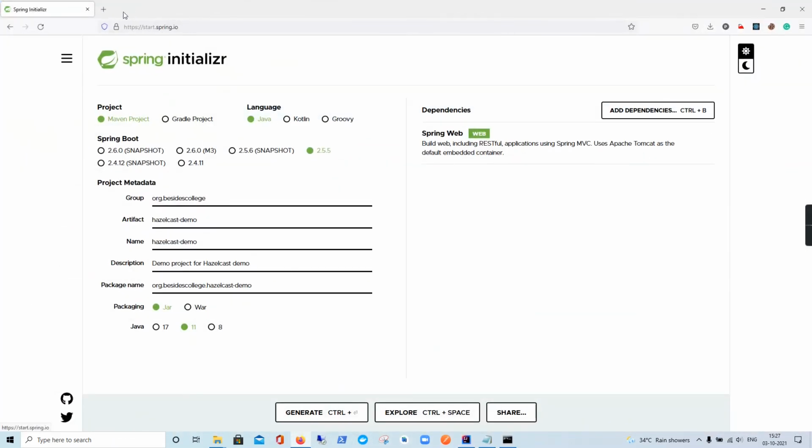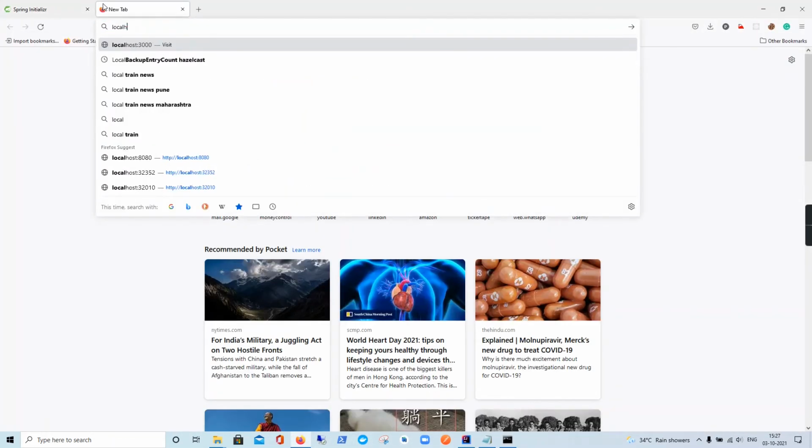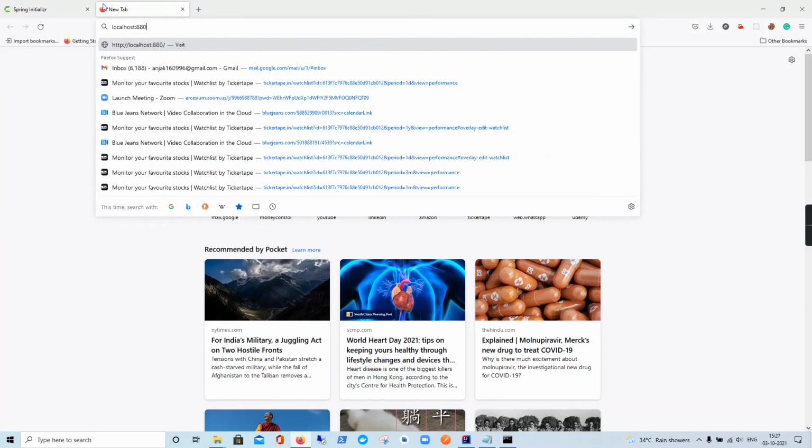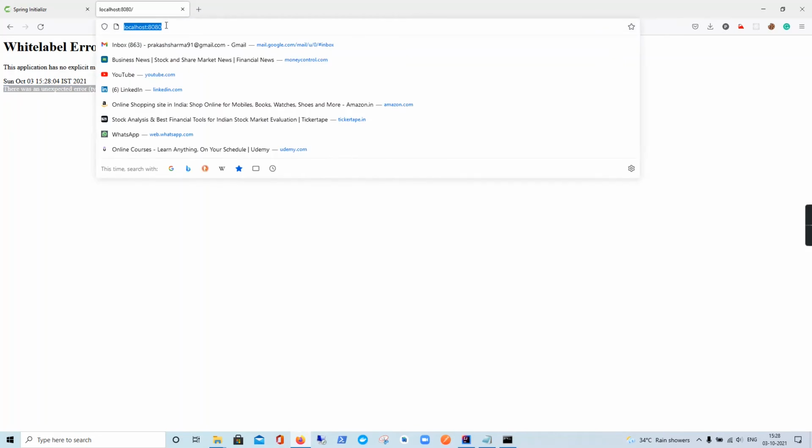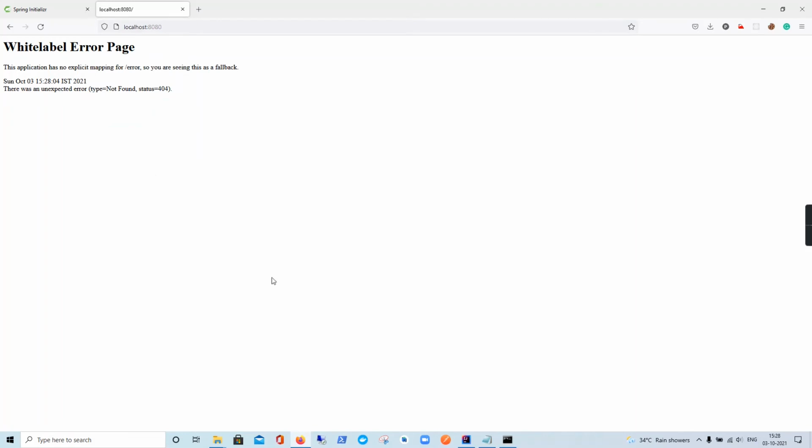Let's see what happens when we ping localhost 8080. Somehow the 0 was not working, but right now if you see localhost 8080, you can see there is some web service that is running, but it's returning a 404. That means page not found, meaning the request at the base location or the root directory is not handled. So we can write a web controller or a REST endpoint at the base location to handle this request.